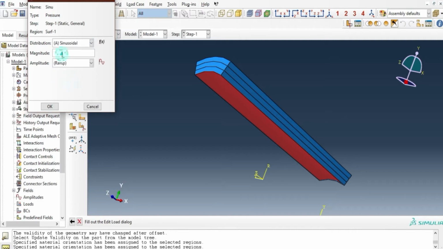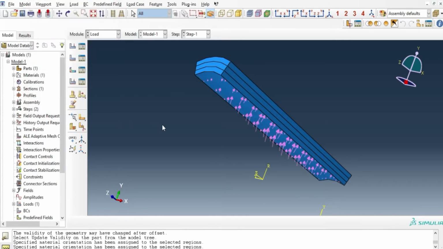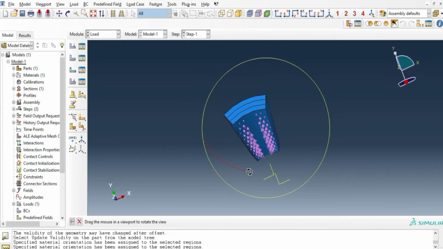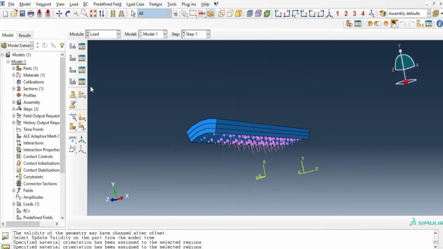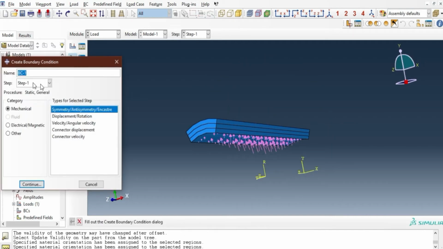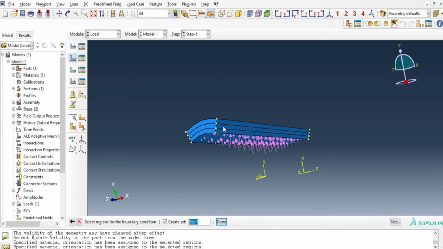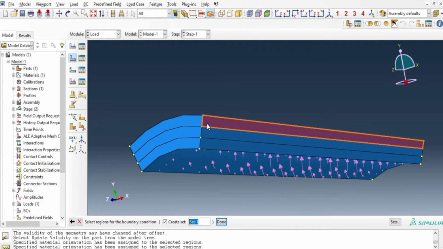Now select the field and give the magnitude as 1. Go for the setting of boundary conditions, displacement and rotation type, on the circumferential edges.